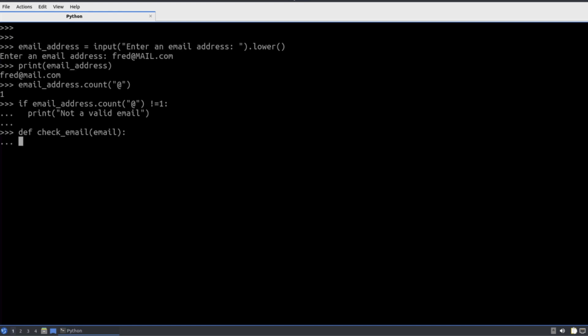Ideally, it should be different to the variable name to avoid confusion. So we're taking one input parameter here called email. Again, we have the colon to say that we're going into a block of code, and then we indent 2 spaces inside of that for our if statement. And this is going to be the same, but instead of looking at email address, we're looking at our parameter email.